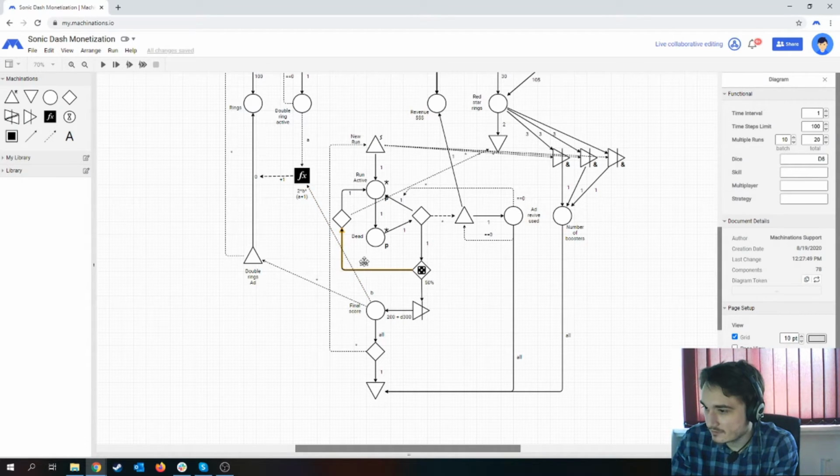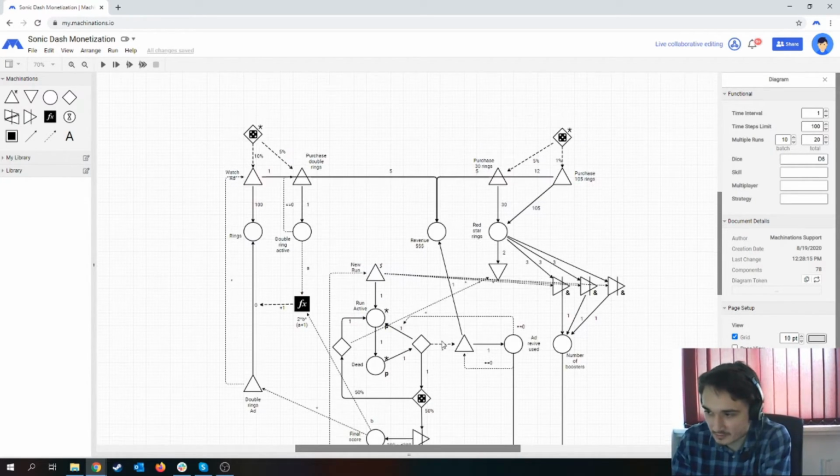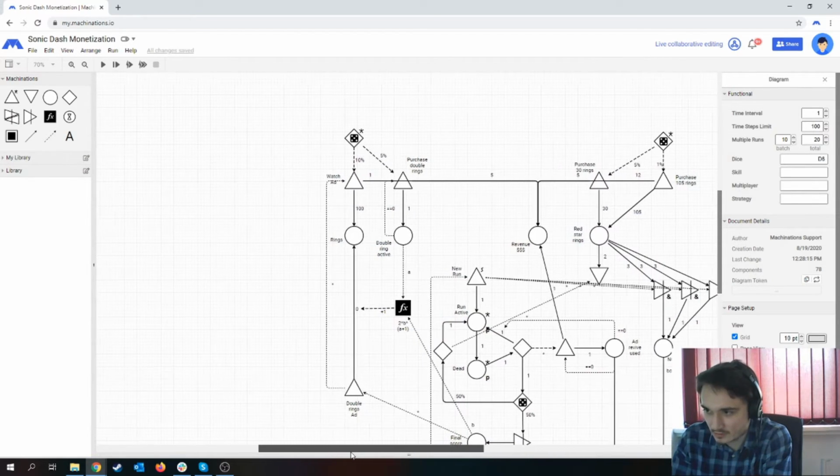I'm gonna handle the revive part just a bit later, because this revive is in need of some more things. So this revive is actually gonna influence our score, because normally when you revive, you actually get to play the game a bit more, so you gain more score. So with each revive, your score should increase, and the boosters will also increase our score. So again, having more active boosters will give a boost to our score. But I'm gonna handle this part a bit later, because first I wanna